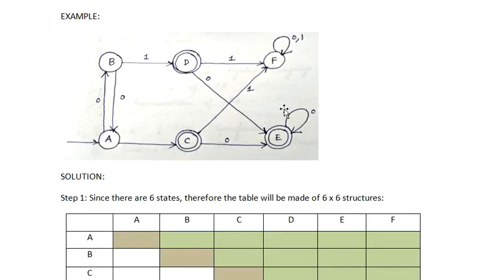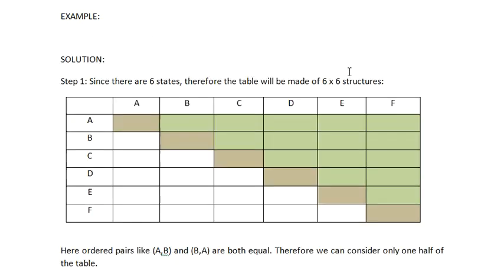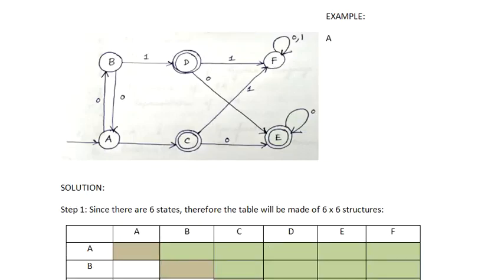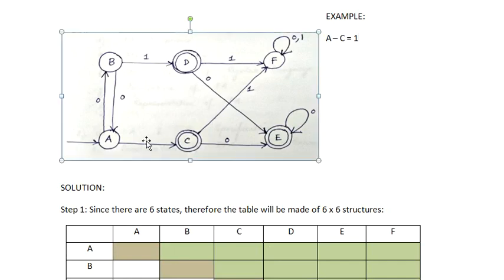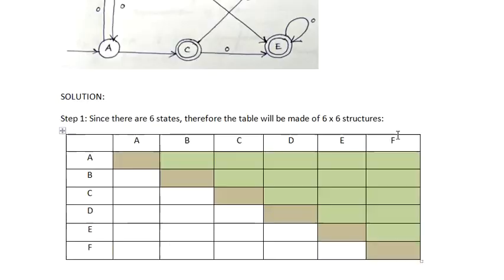I have already got a diagram for you. This is your DFA. You already know every state has one input symbol. For the transition from state A to C, I haven't mentioned the input symbol over here. Let me write it down here: from state A to C, the input symbol is 1. I haven't mentioned it, so please mark it as 1. Now let me get back to this example.